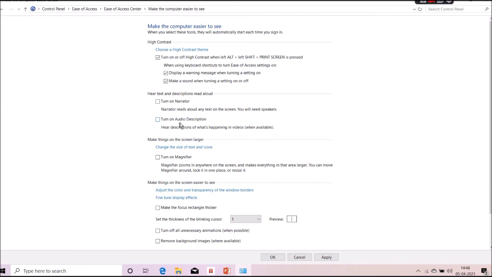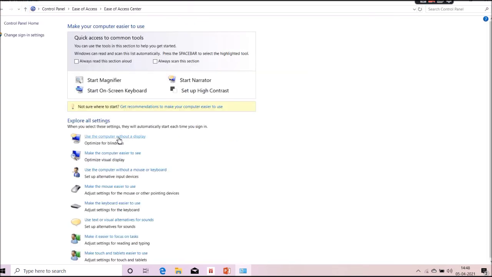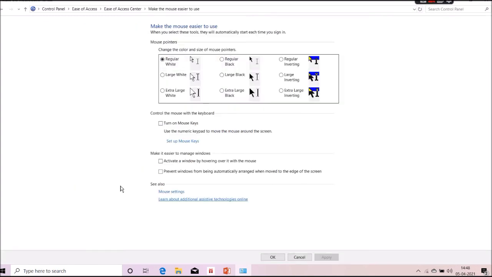You can have audio description, you can have narrator that reads aloud the screen. Even you can make the mouse easy to use. This option is also there. You can have regular white, extra large, inverting, large inverting. These are the cursors you can change with these options.